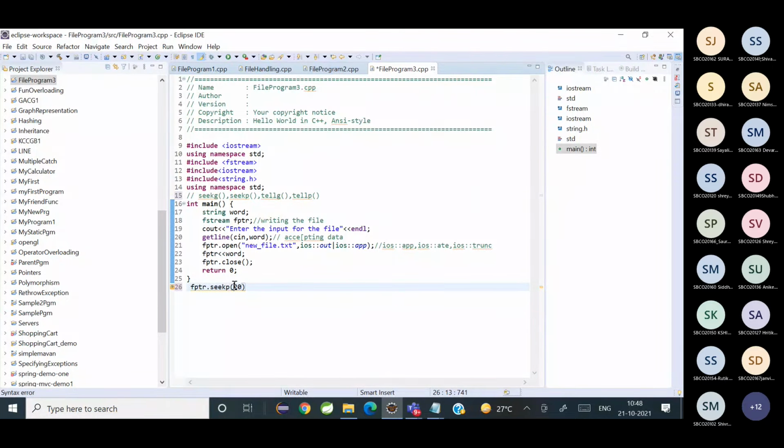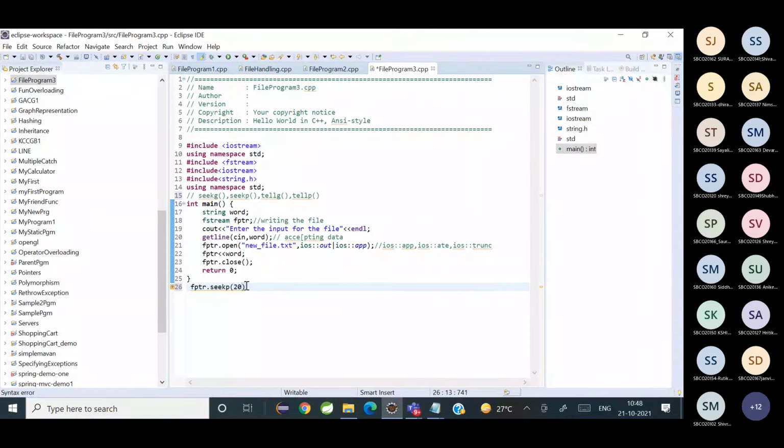If I write -20, any idea? Meaning put the pointer 20 bytes behind. You are going to move backwards.